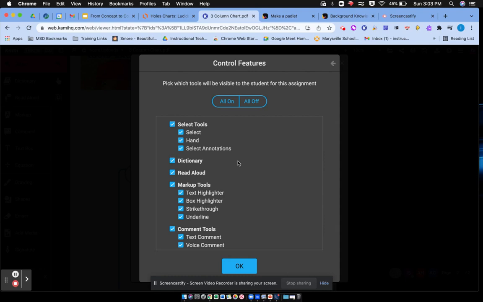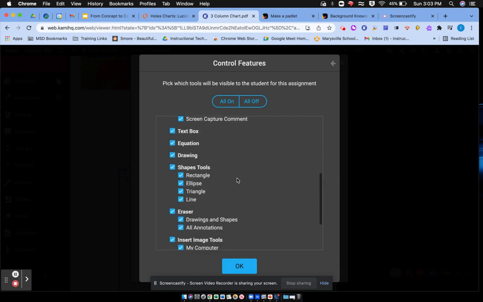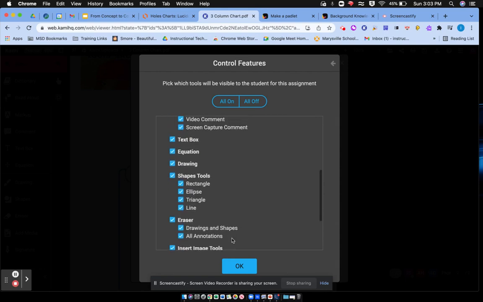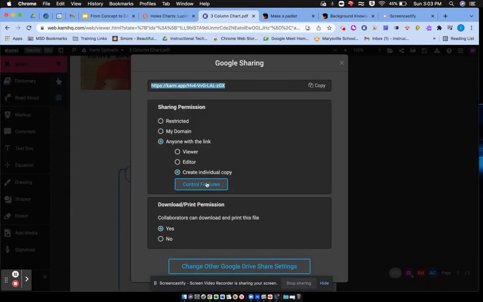So, depending on what you want them to do, you can go ahead and limit them. I think it's especially great for students, maybe, the earlier grade levels. You can limit them so they don't have as many tools to choose from. They can only click on the tools that you want them to be able to use for that particular assignment. So that is something that I would definitely suggest doing, especially if you're creating the copy for each